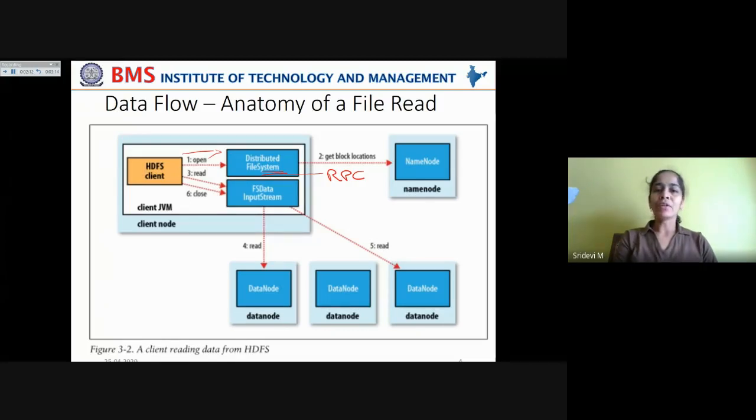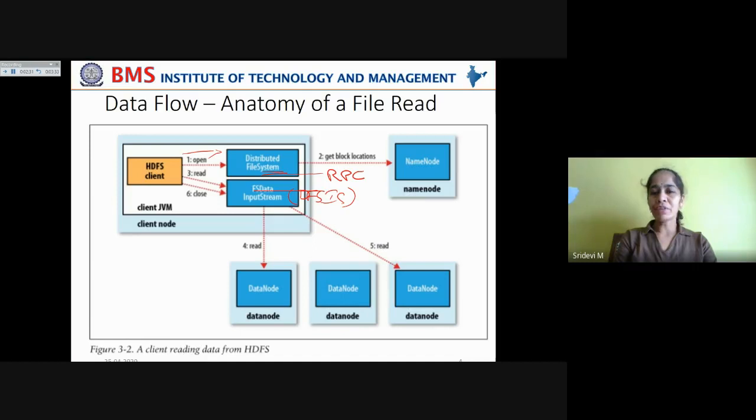That object is given back to the HDFS client. Now, this HDFS client will use that FS data input stream object in order to read the data.